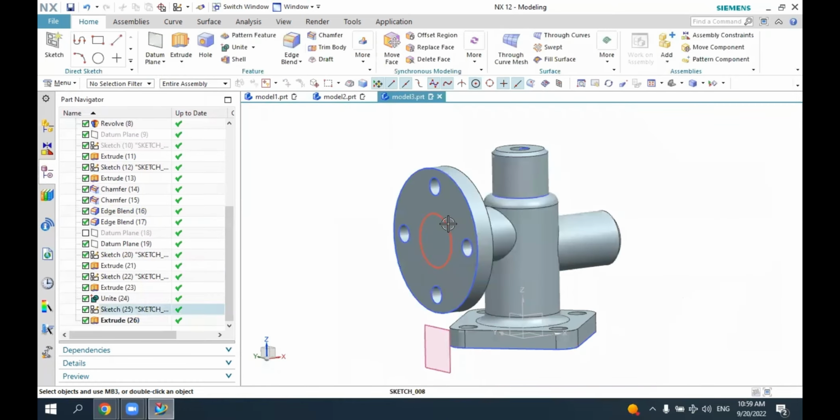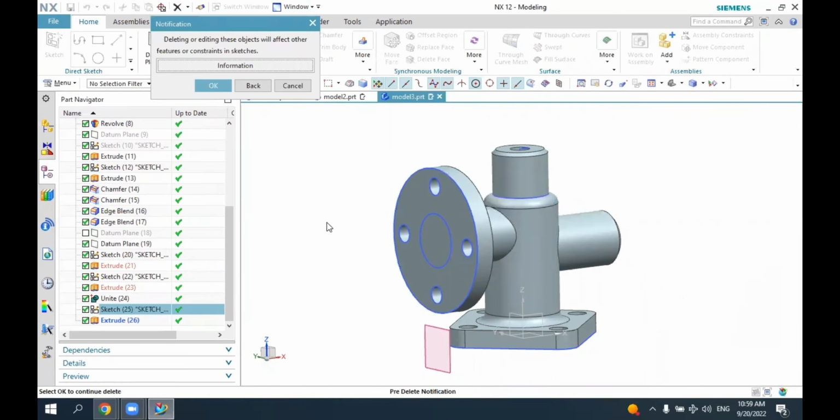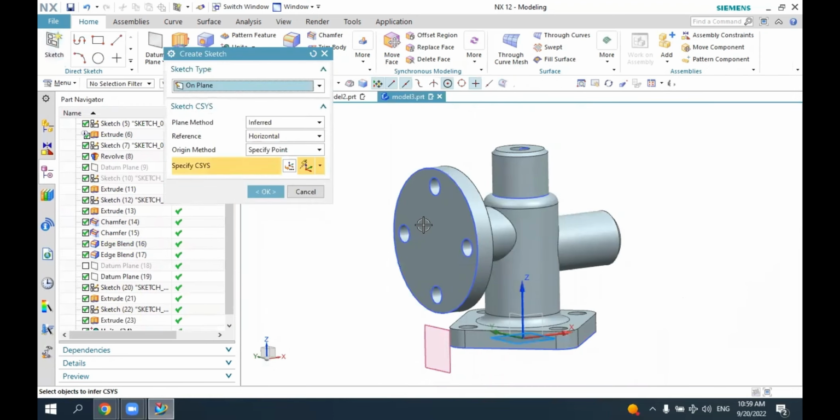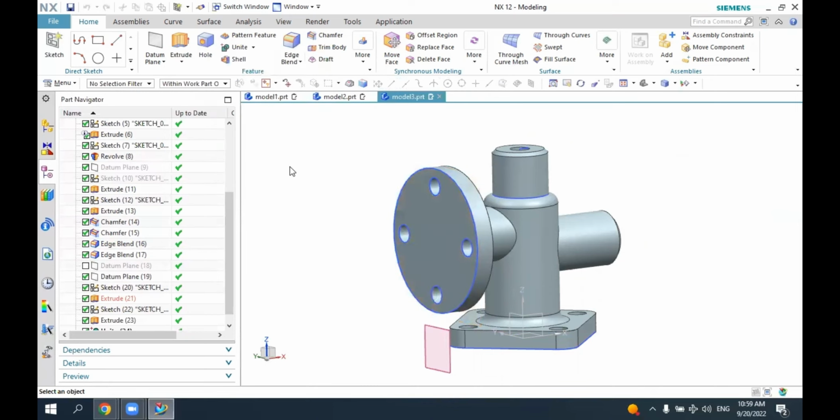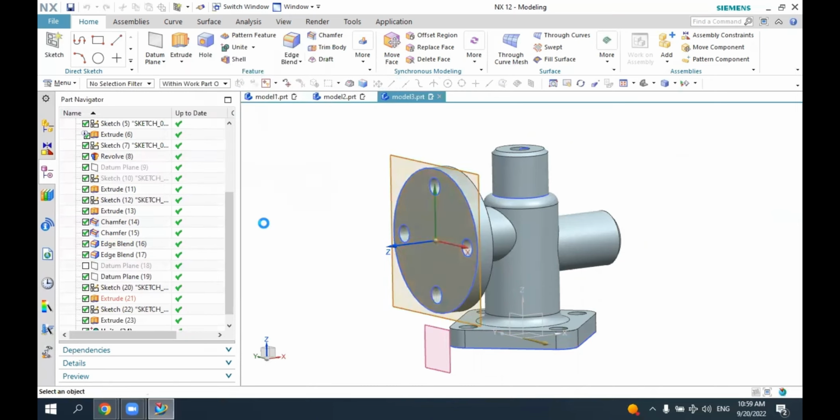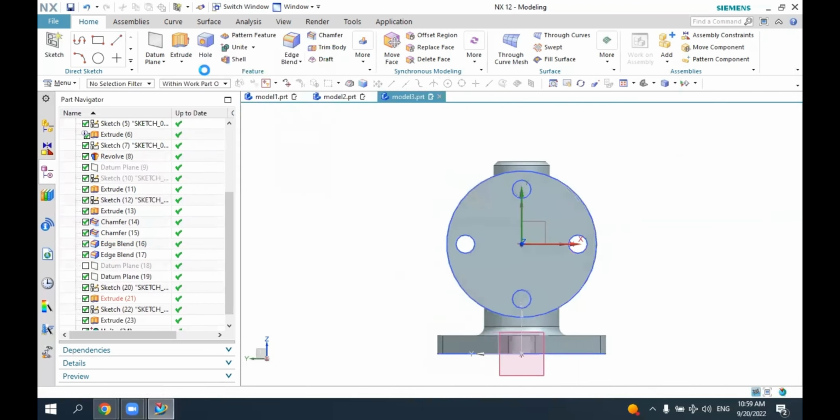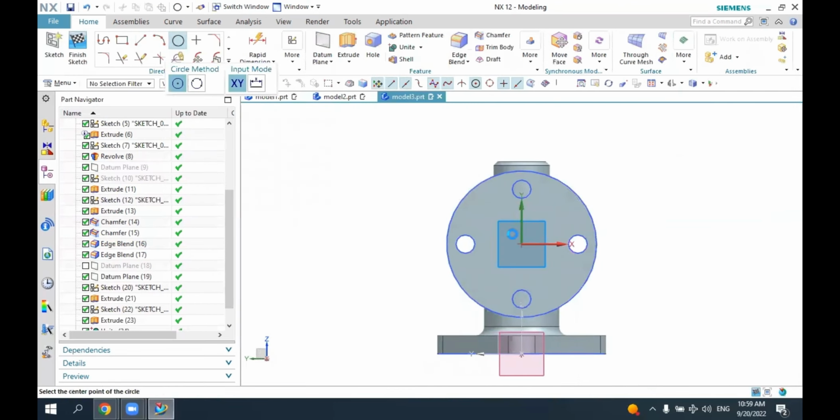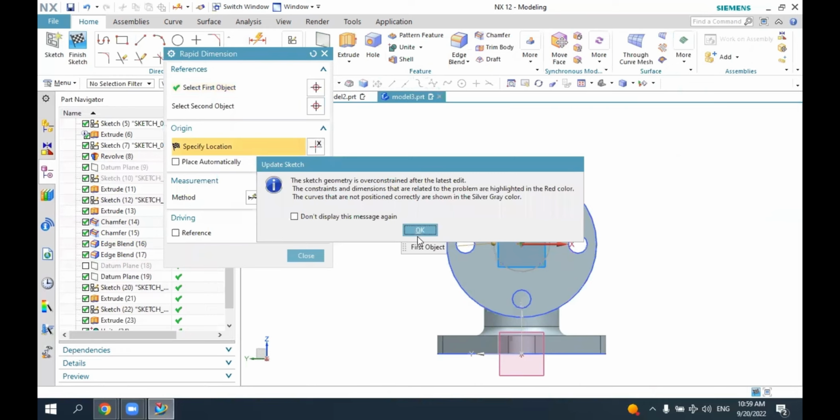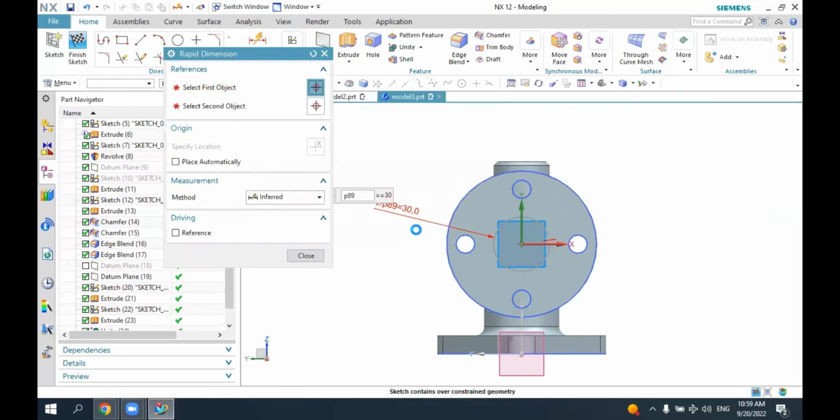Finish the sketch. Okay, let's delete this one and do another. Plane orientation. So reverse direction. Make a circle here. Rapid dimension. And this is not the 30, but the